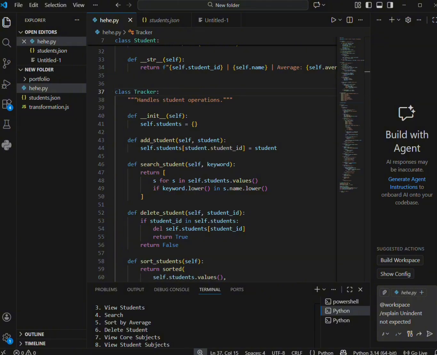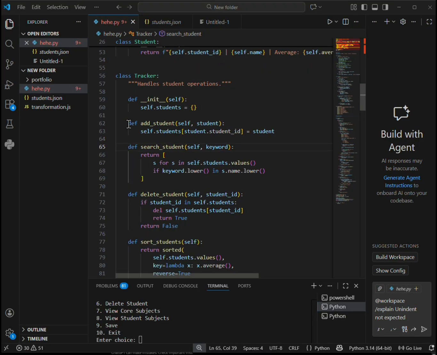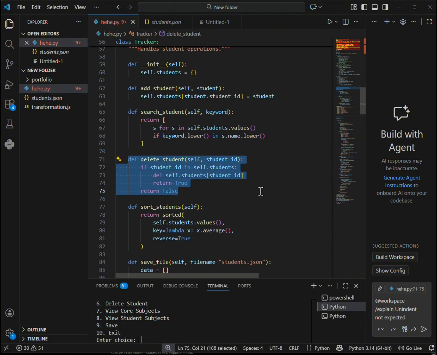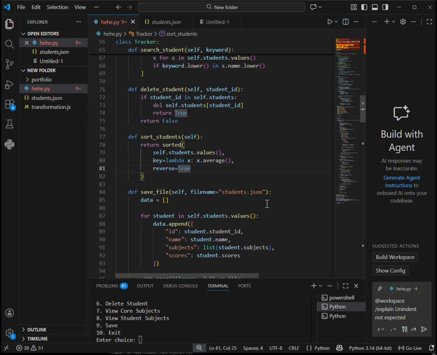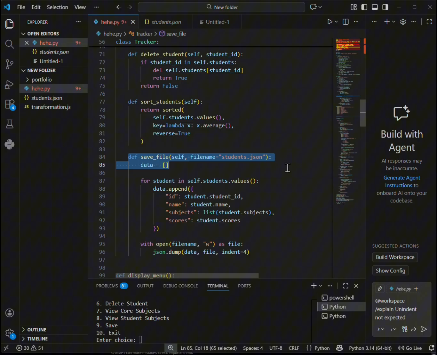It also includes methods for adding students, searching students using list comprehension, deleting students, sorting students using Lambda functions, and saving data using file handling.